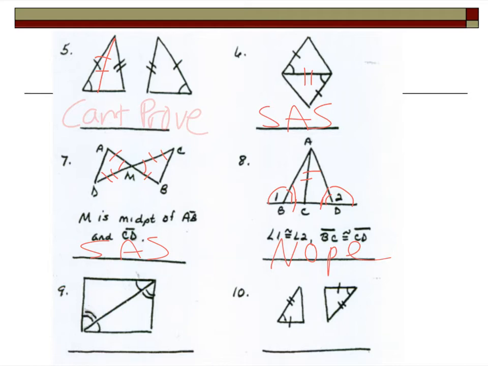All right. Let's keep it moving. This one over here. Little reflexive property gets me angle, side, angle. And lastly, I've got myself some side, angle, side. Awesome. Alright, if you have any questions on these, please ask in class,